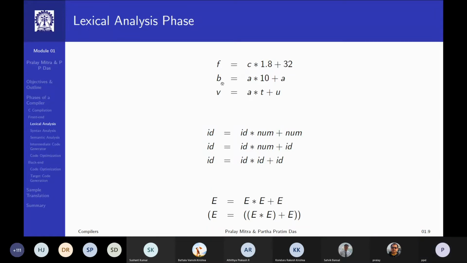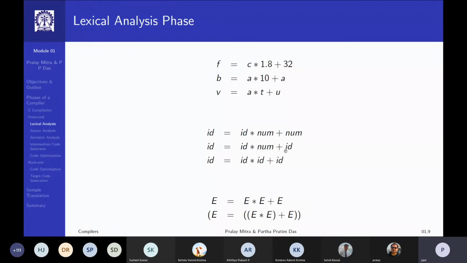I've just symbolized them shortly for ease of writing. And if I write in terms of tokens, this is what it means: ID assigned ID times num plus num, if I do not distinguish between floating point and integer constant. The second one is ID times num plus ID.